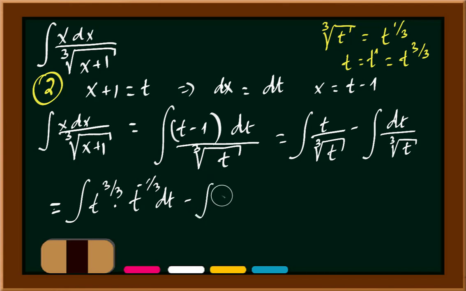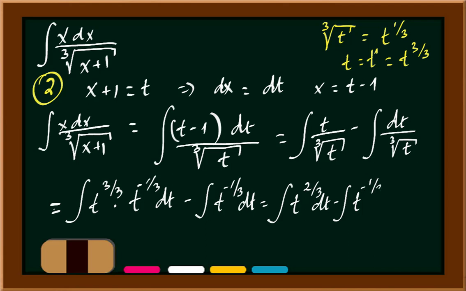Now minus the second part, which will be just the integral of t to the power of minus 1/3 dt. And we can apply rules here. That one becomes 2/3, since 3/3 minus 1/3 is 2/3, dt, and minus the integral of t to the power of minus 1/3 dt. And we know that we add 1,